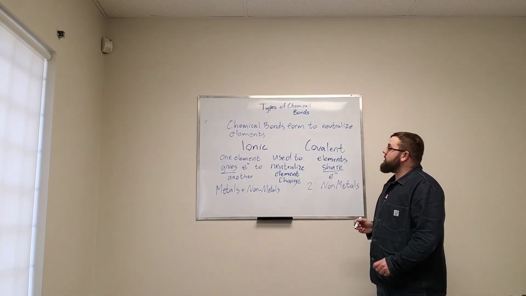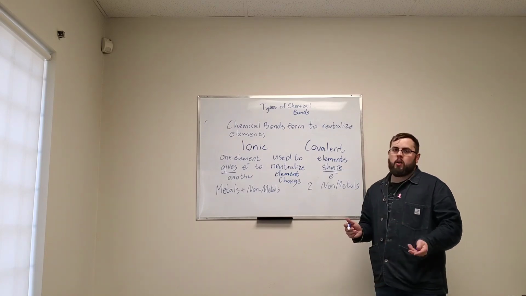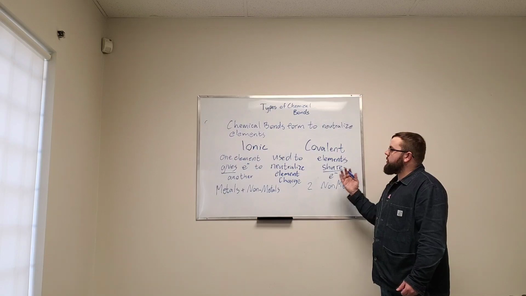Okay, so again, a chemical bond is intended to neutralize the ions. They want full valence shells, so they can either do one of 2 things. They can either give them away, or they can share them. These are the 2 different ways that